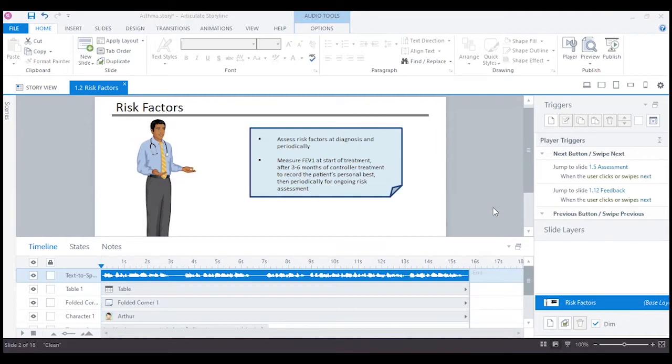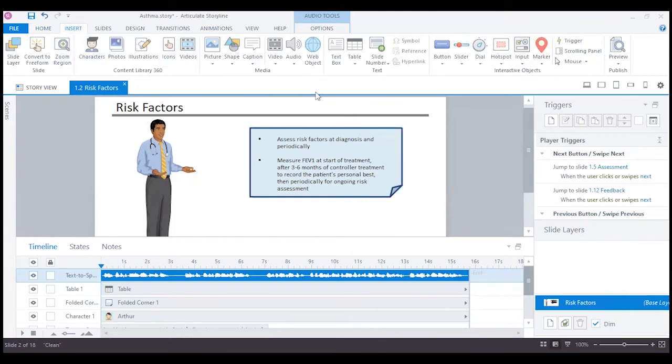So right now I am inside one of my projects of Storyline 360, and if I have to insert a text to speech, I will go to the Insert tab. Then I will click on the audio option. In the audio option, we can see that we have 4 different file options, but for the purpose of today's learning session, I will focus on the text to speech option and I will click on this option.